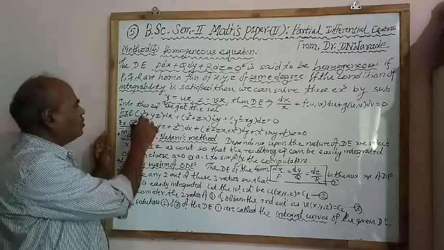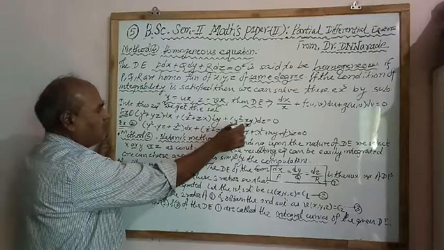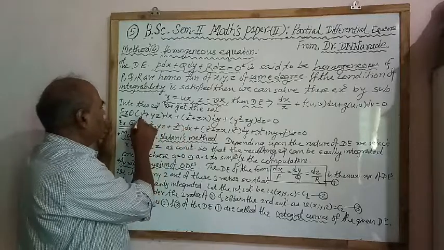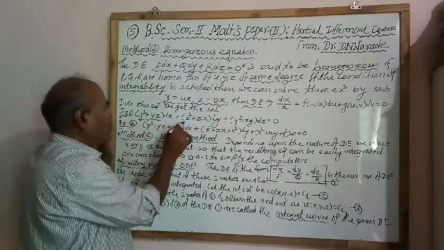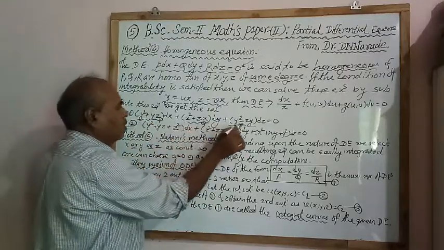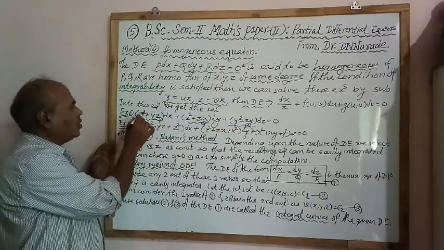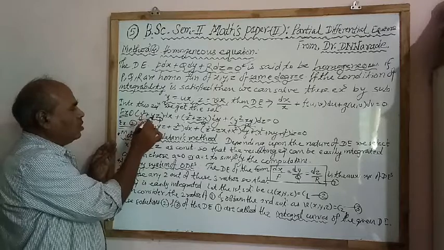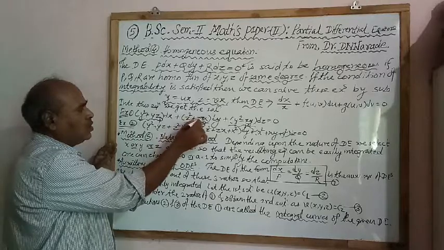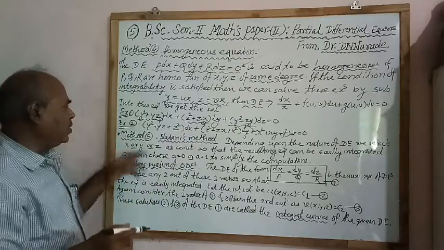Now, an example of this homogeneous equation: (y square plus yz) dx plus (z square plus zx) dy plus (y square minus xy) dz equal to 0. Is this homogeneous or not? We can observe the degree of p, q, r. This is p, this is q, and this is r. Now, degree of each term of p: y square, degree 2; yz, degree 1 plus 1, 2; z square, degree 2; zx, degree 1 plus 1, 2. Therefore p, q, r are functions of the same degree 2.